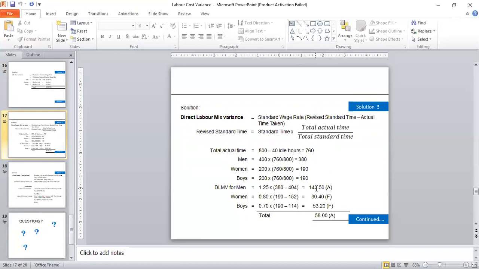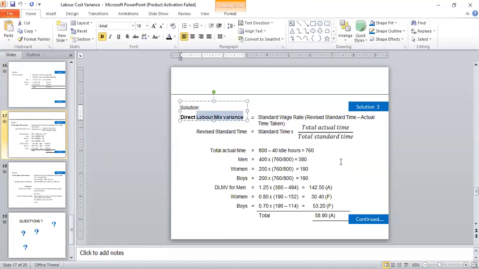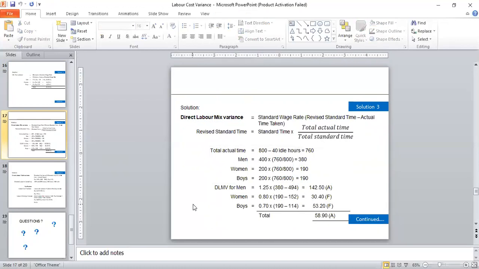Next, we are taking the direct labor mix variance, that is the formula: standard wage rate multiplied by revised standard time minus actual time taken. Revised standard time is equal to standard time into total actual time divided by total standard time. In case of mix variance, we have to take only the part of time which is used